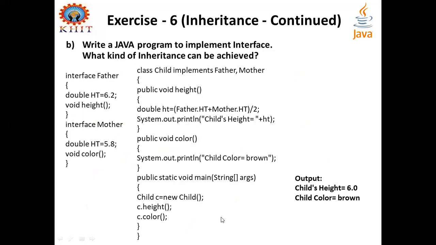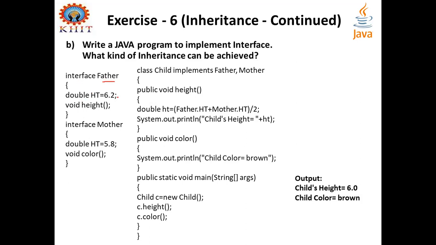Next one, exercise 6, second program given, implement interface here. Here one simple scenario is adopted to give the logic of this program implementation. Here it is a call interface further. So we know that an interface consists of instance variables as final, and the values declared for these variables cannot be changed, right?